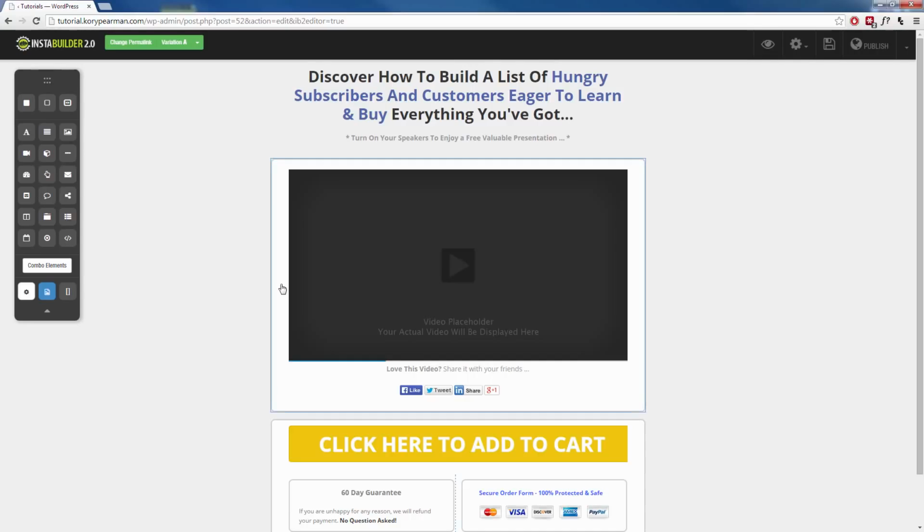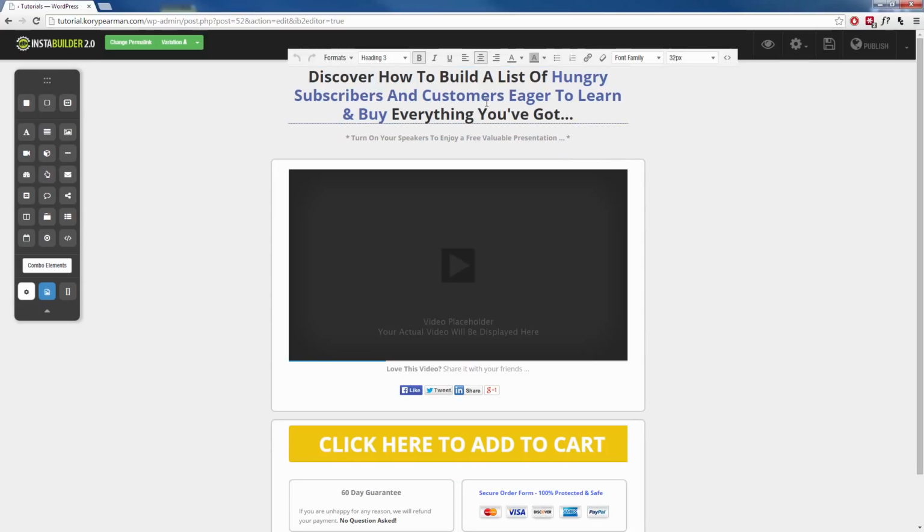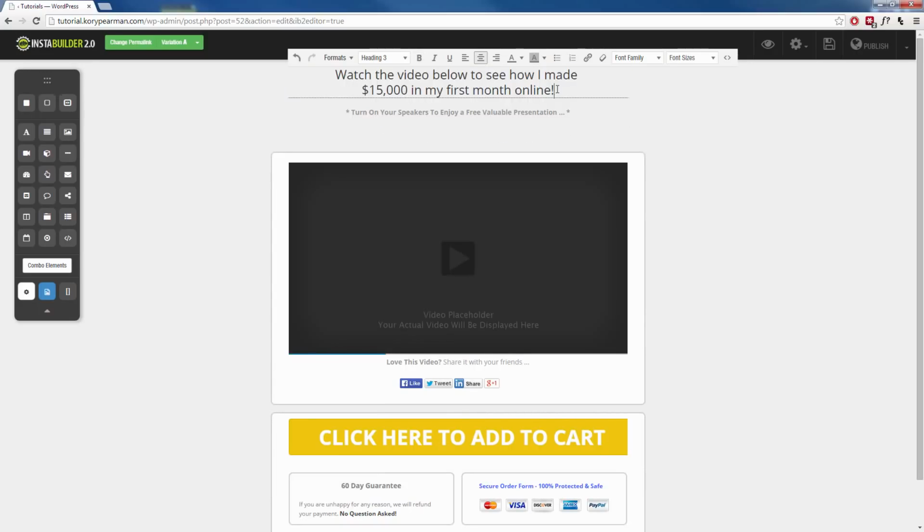So for starters, for the headline up here, you are most likely going to want to change what that says. So what you need to do is to click inside of that headline. Then we have a little pencil symbol here, so we're going to click on that. And now we can edit what this says right here inside of the InstaBuilder. So I could say something like, watch the video below to see how I made $15,000 in my first month